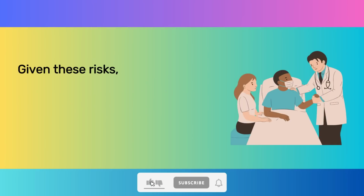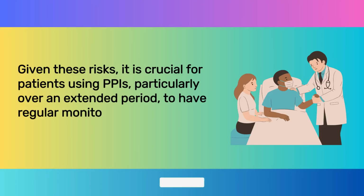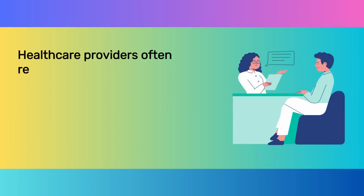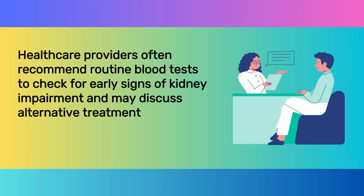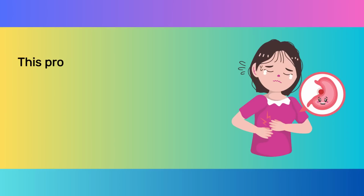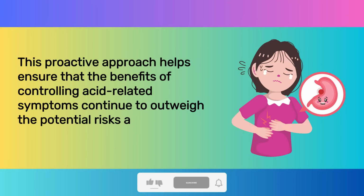Given these risks, it is crucial for patients using PPIs, particularly over an extended period, to have regular monitoring of their kidney function. Healthcare providers often recommend routine blood tests to check for early signs of kidney impairment and may discuss alternative treatments if there are concerns about kidney health. This proactive approach helps ensure that the benefits of controlling acid-related symptoms continue to outweigh the potential risks associated with